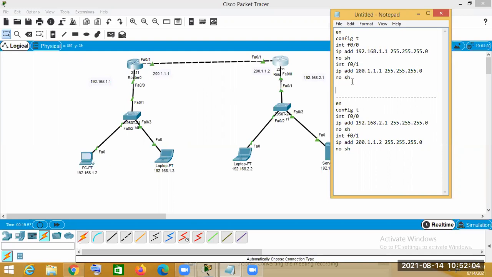After that, no shutdown brings the port up. We have copied these commands and placed them inside router 1.